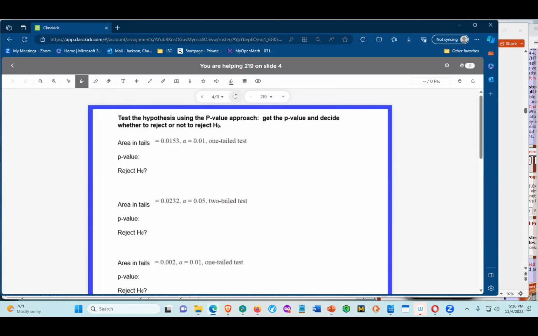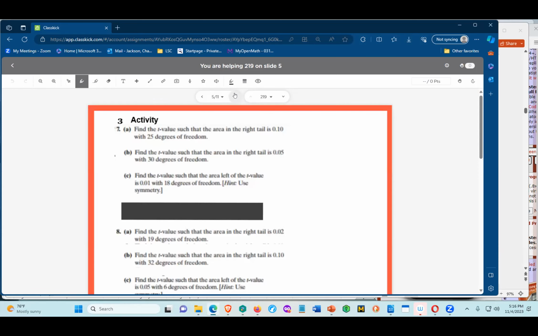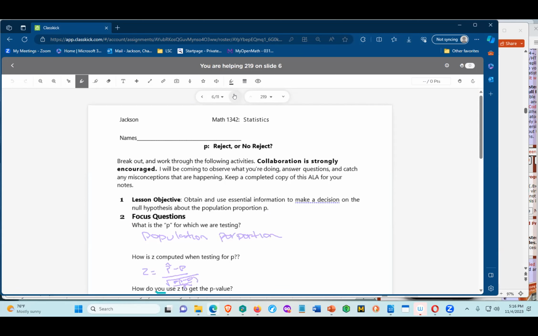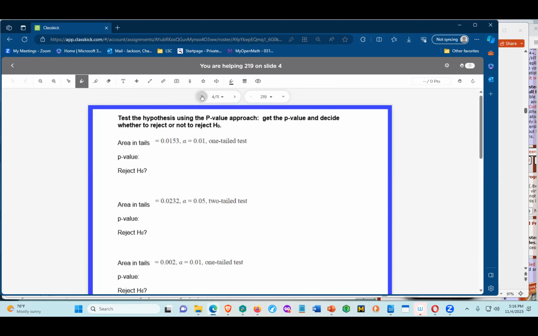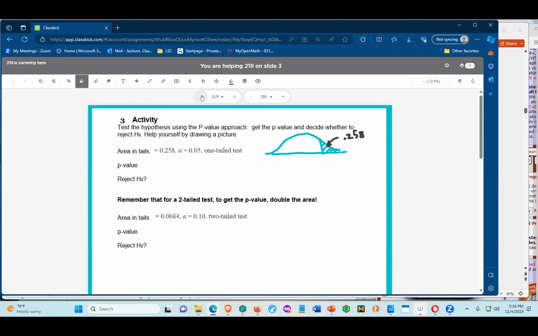Maybe we'll visit this slide also before we call it a day. Yeah, let's look at the bottom one, because that way I'll also be able to